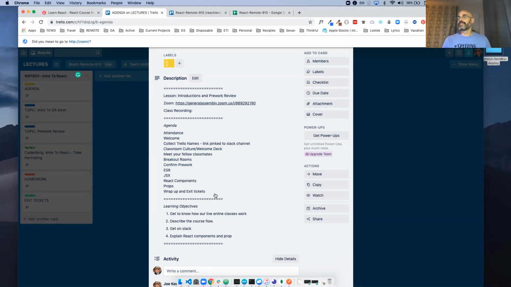And then at the end of the class, we have exit tickets. The exit tickets are meant to collect some feedback. What did you think about the class? What went well? What would you like to see different? I'm really big into feedback, so I'll always look at the exit ticket feedback. I even address the feedback in the next class.